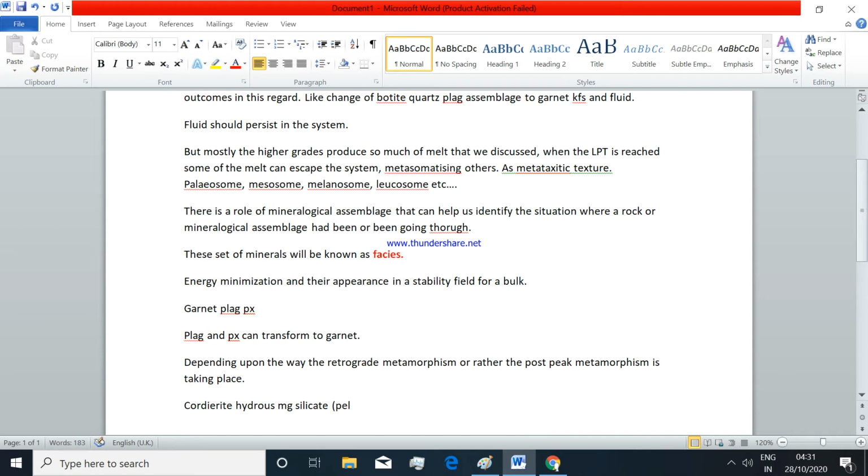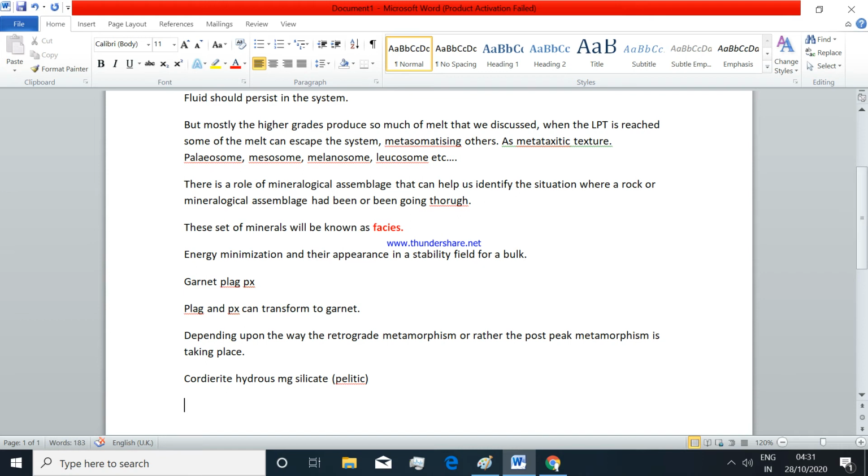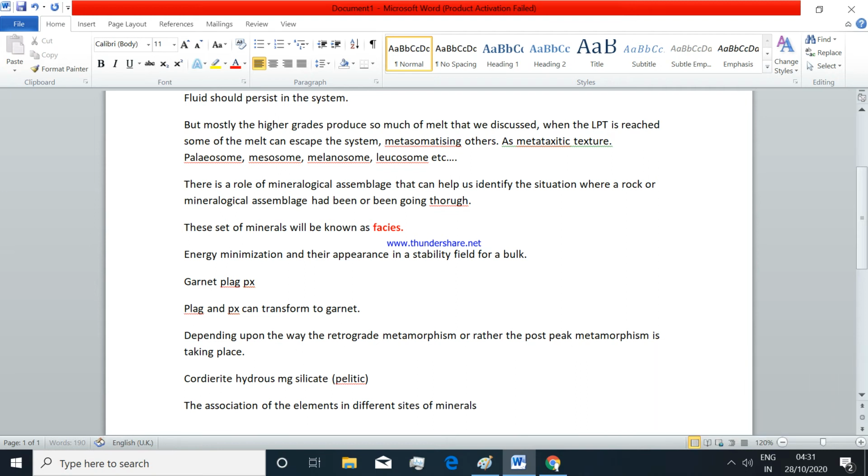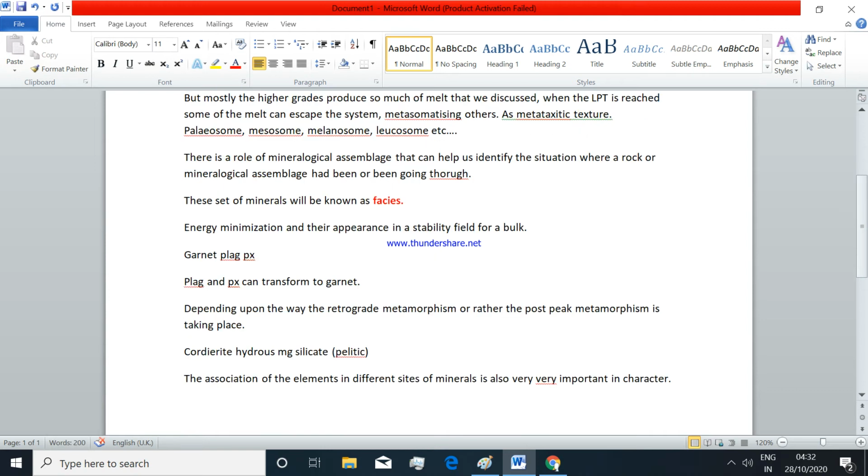or that you are going to find in a pelitic system, has its own set of mineralogy, and the association of the elements in different sites of minerals is also very, very important in character. So it's a very important thing that you should get an idea of, and be very much akin to know the mineralogical compositions of these individual mineral phases, as well as the structures or the atomic sites where ions like sodium, calcium or potassium should go, sites where magnesium, iron, titanium should go, where ferric should go,